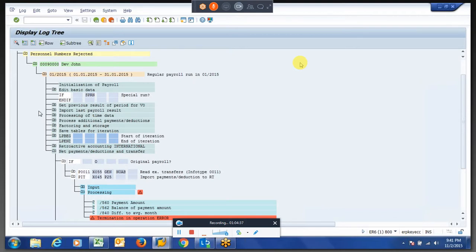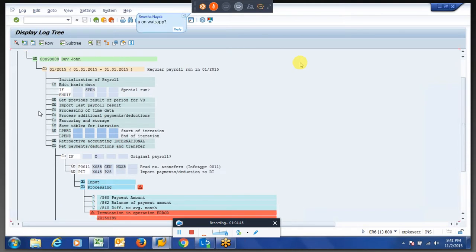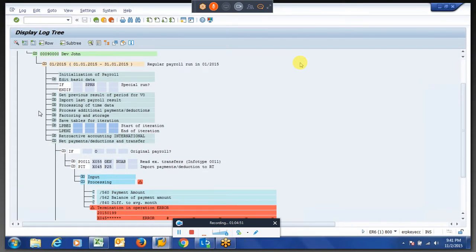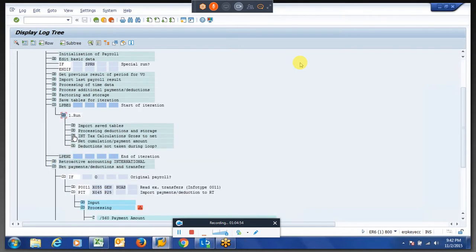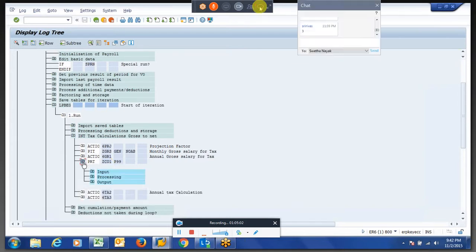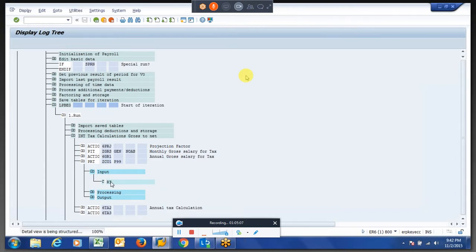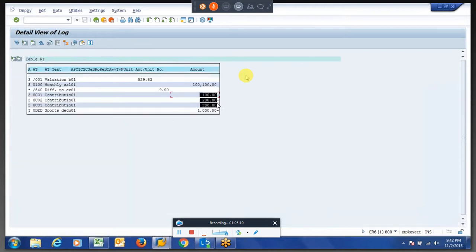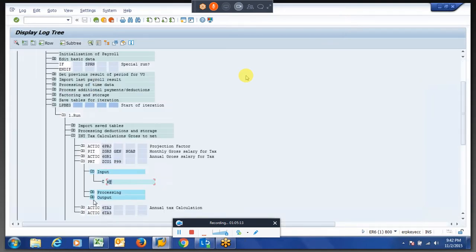So I think our loop, our PCR was working fine. There is some error related to average monthly. If you see our schema, what it was doing, we will check first with this. You got RT as input, and you have all these three wage types. So 100, that is with a minus symbol. It should calculate 600 and add to the IT table.